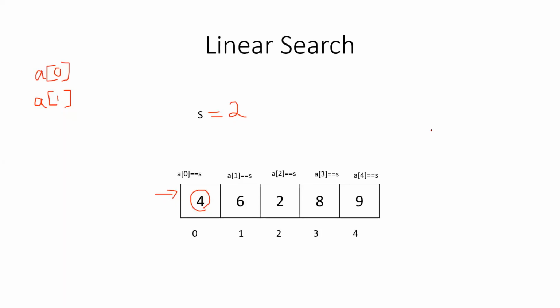Position is equal to index plus 1. So to get back the index number, what you have to do? Position minus 1, right? So index number of 8 is what? Index number of 8 is 3. Down I have written, right? 0 is the index number of 4. 1 is the index number of 6. You just now told position of 8 is 4. Index number is 3.